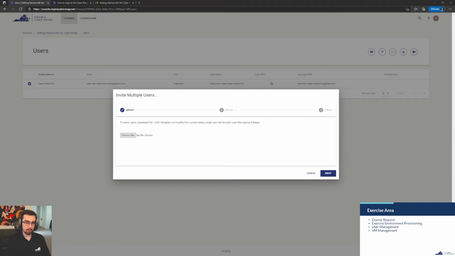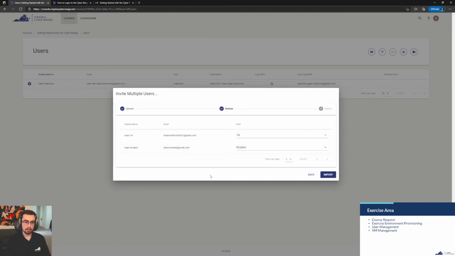I've already filled out the template, and we can see what it looks like once you've done that. Once you fill out the template, you're going to see a review page, so you can make sure everything looks good. Here I have a couple of users that I added into that template, along with their username, their email, and the role I want them to have. That looks good to me, so I can import those.